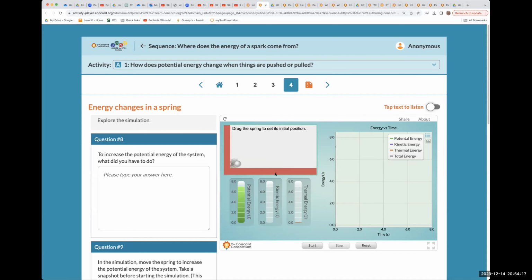And one of the things we can do, if we start this simulation, is not only look at its potential energy, we can see what happens to the potential energy, the kinetic energy, and the thermal energy. Because often when energy is transferred, not all of it will get transferred to useful kinetic energy. Some of it will get transferred to thermal energy in the environment. So I'm going to start this, and you'll notice, I'm going to stop,